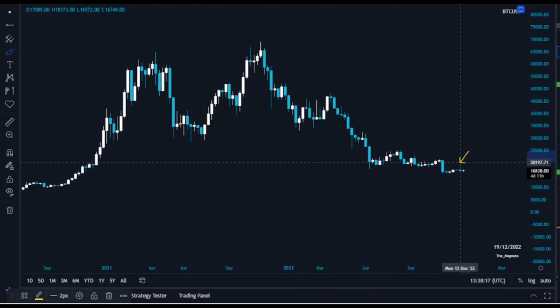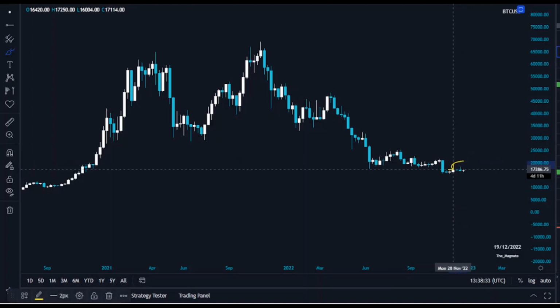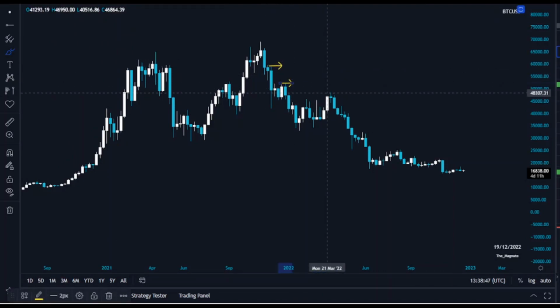We had another weekly close, and this is not really looking good. As long as we're below $20,300, ideally $20,500, it's going to be early for us to talk about the upper weekly time frame resistance levels. And any sort of bullish candles, could be a pin bar or bullish engulfing candles, have less effect below the resistance levels. So based on the weekly time frame, I'm going to recap $69,000, $52,000, as well as